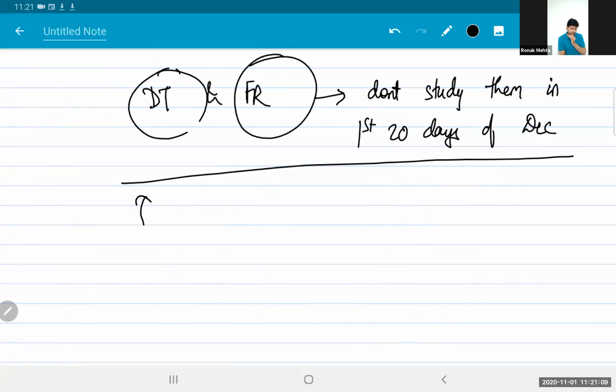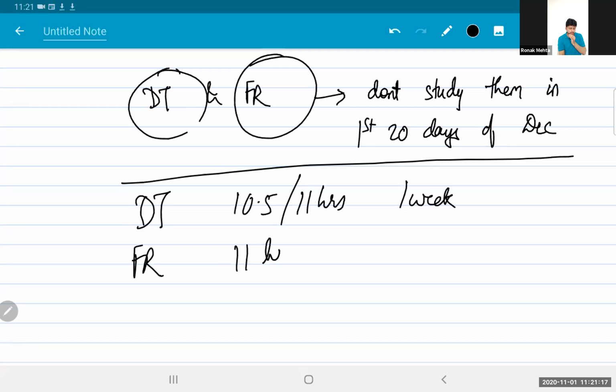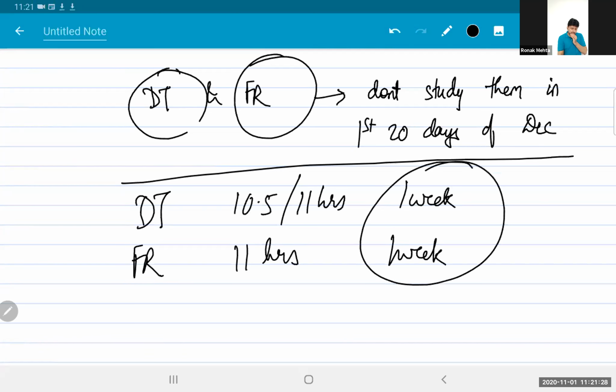Matlab, if you pick up DT, it has to be DT all 10.5 to 11 hours, like this for 1 week. If you pick up FR, then it has to be all 11 hours for 1 week, or for 1.5 weeks. That week is going to be very terrible for you. But trust me, if you take up these things, DT and FR, in the month of January,